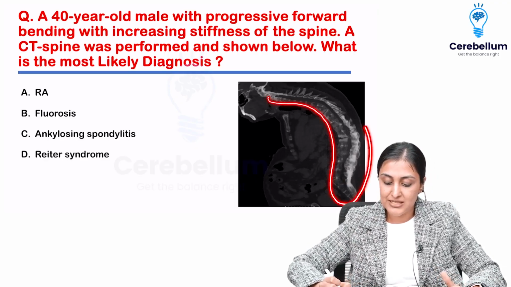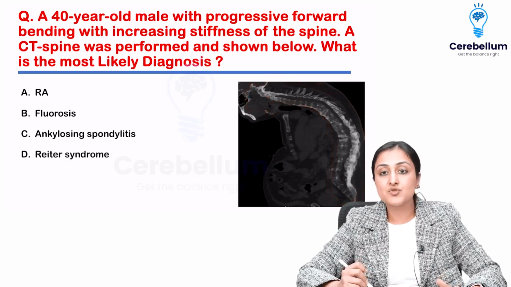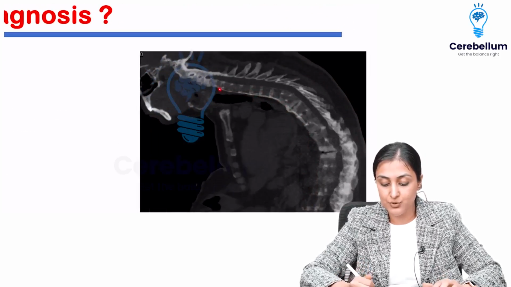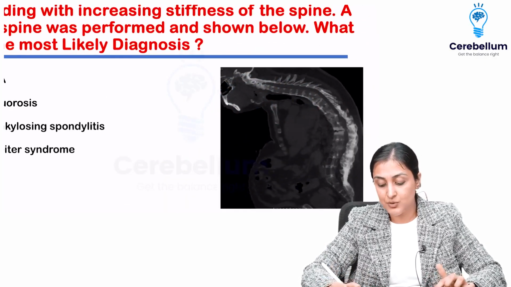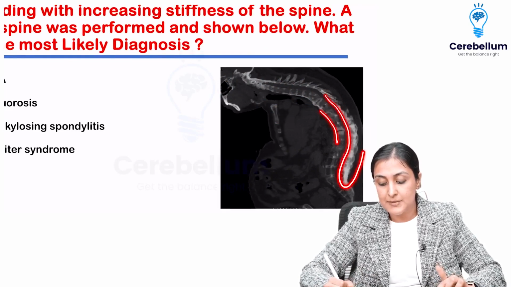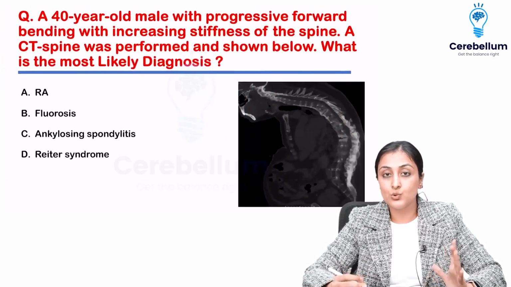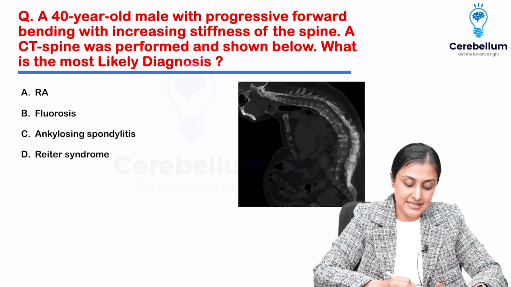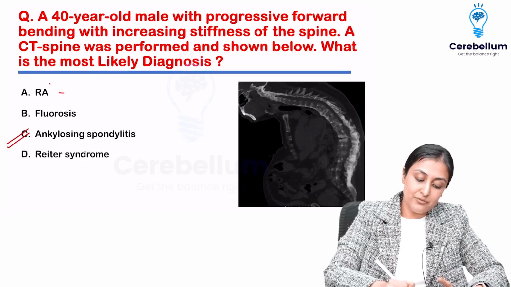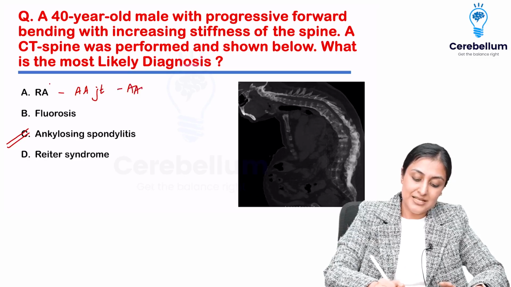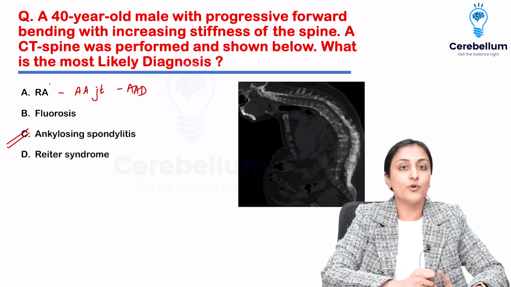What do you see? You see that the complete spine is fused here. There is this complete fusion instead of the X-ray we are used to seeing. I'm showing you the CT scan where you can see fusion. Look at the posterior elements being fused and there is increased density. This is ankylosing spondylitis. Rheumatoid arthritis, remember, will involve the atlantoaxial joint, leads to atlantoaxial dislocation, doesn't involve the diffuse